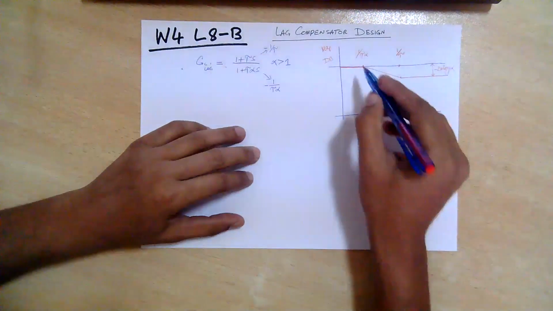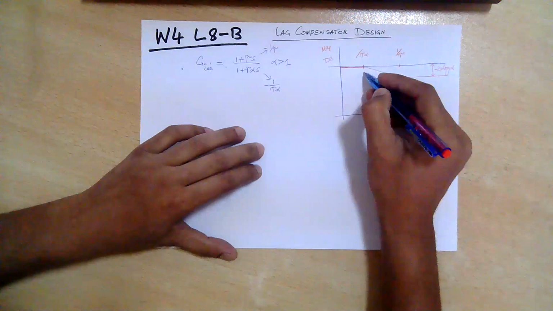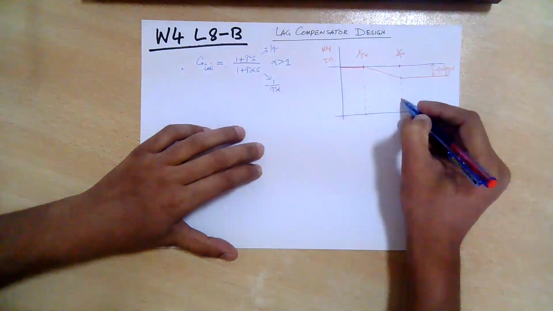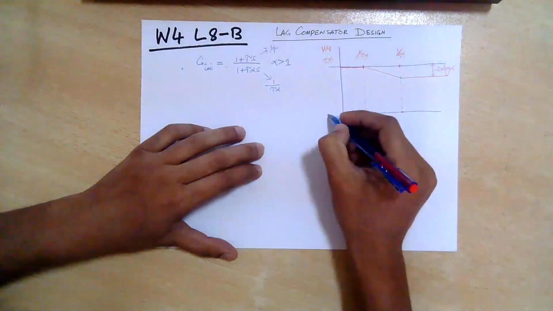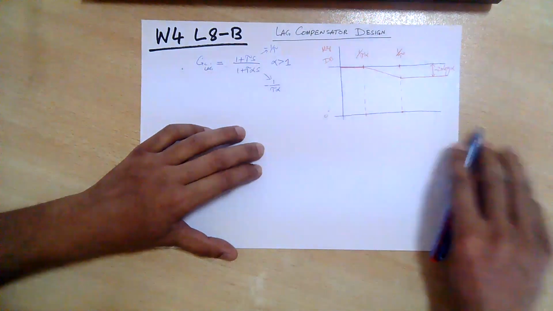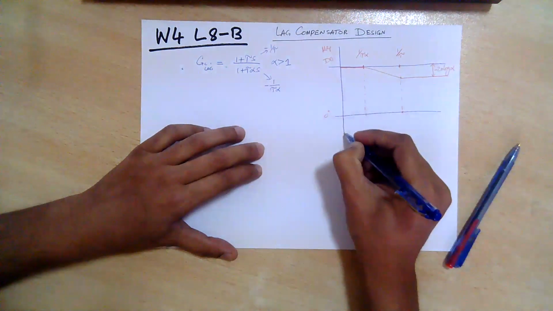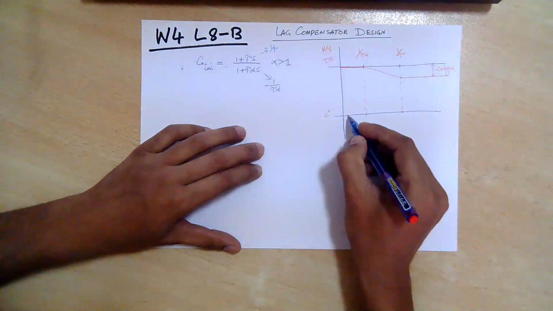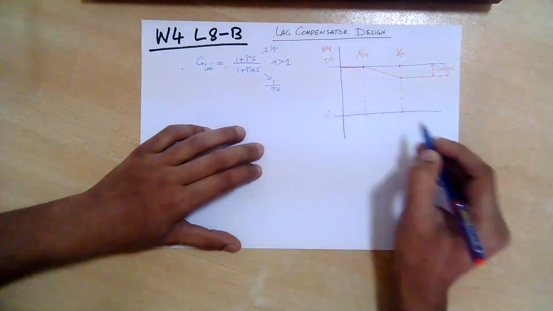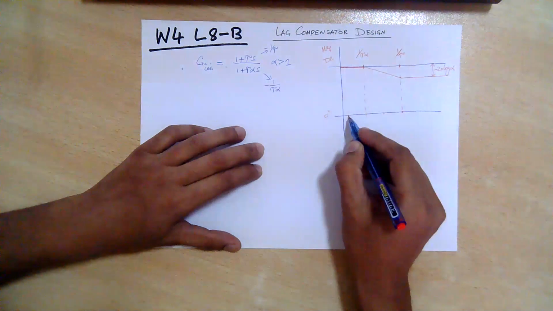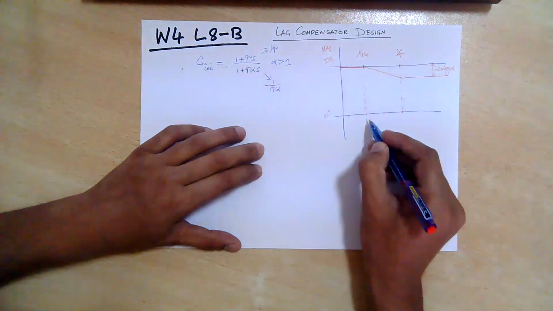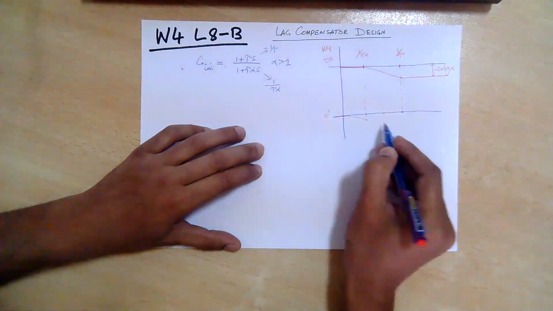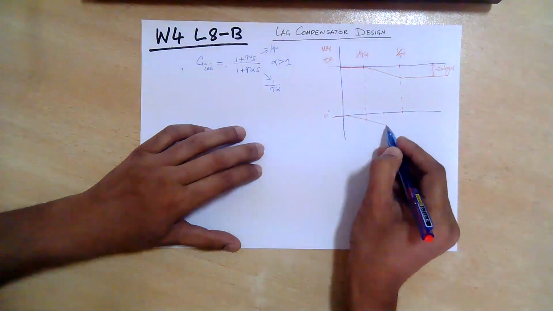Now what about the phase plot? You need to just mark the position of the corners on the phase. This is 0 degree phase, and the phase plot will look like this, where you need to go 1 decade before and then 1 decade after. At the corner it will be minus 45, so it will start at 0. It will be minus 45 at the first corner, minus 90 at the second corner,